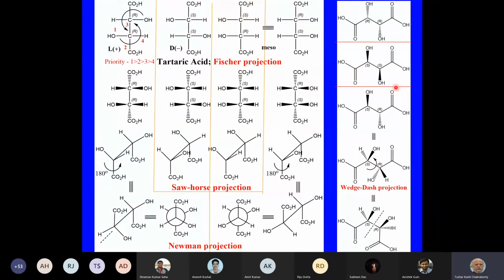If you see this tartaric acid structure shown here, one hydroxyl is up, one hydroxyl is down, and normally we often don't write the hydrogen. So if we don't, you are seeing that only three substituents are shown: hydroxyl, the carboxylic group on this side, and these groups on the right-hand side. It is understood that there is a hydrogen, and in this case the hydrogen is below the plane, like I have shown. Similarly, for this hydroxyl I have not shown the hydrogen, but it is implied that the hydrogen is there and above the plane, like I have shown here.